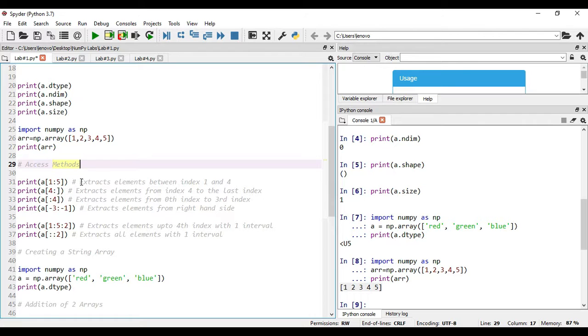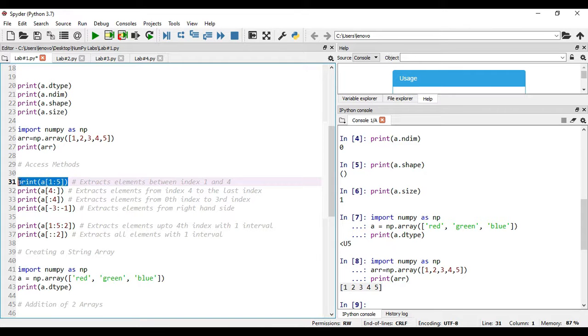It will extract the elements between index 1 and 4. Index 1 means it should start from 2, right? Index 1 and before 5, right? This number indicates before 5. Before 5 means 0 1 2 3 4, right? So see, the output will be here.